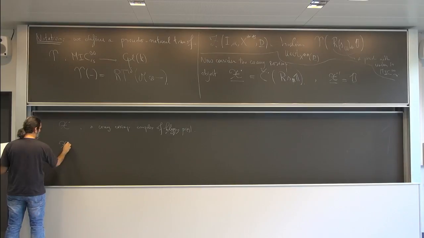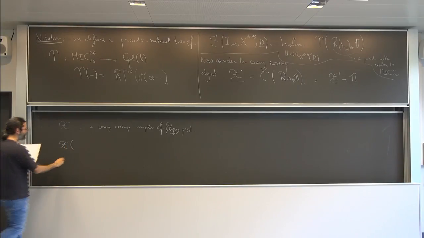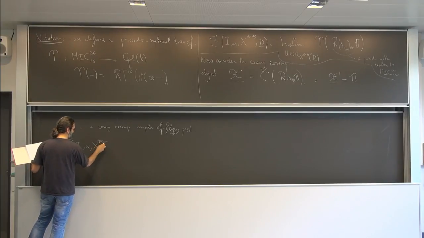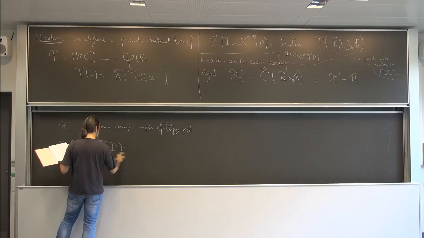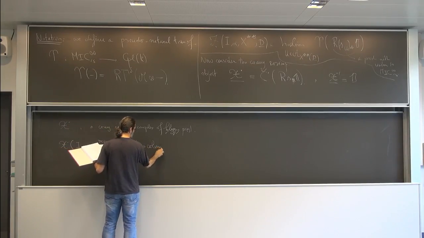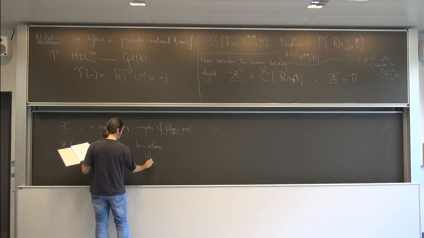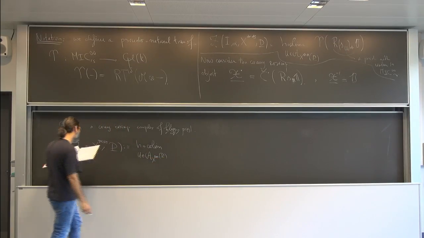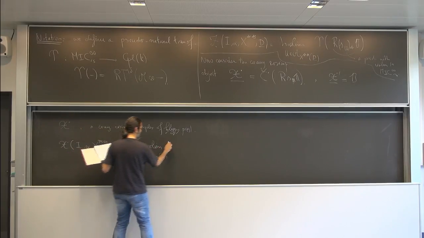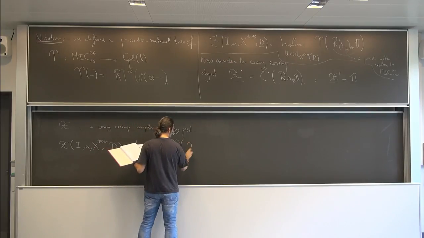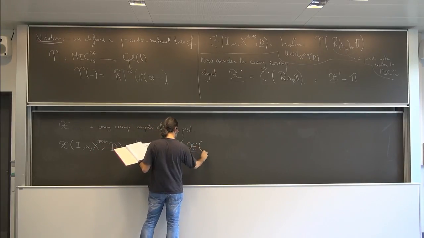So if you evaluate this on a 4-tuple, then by definition this is the homotopy colimit on this A of the functor epsilon applied to the x dot underline of the